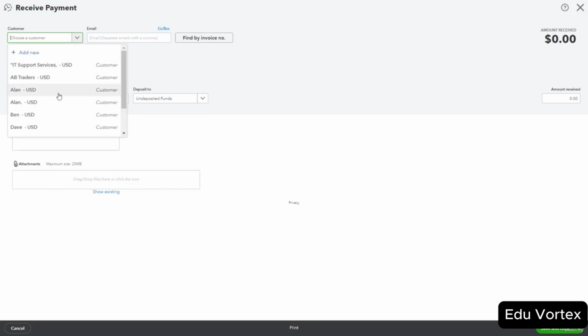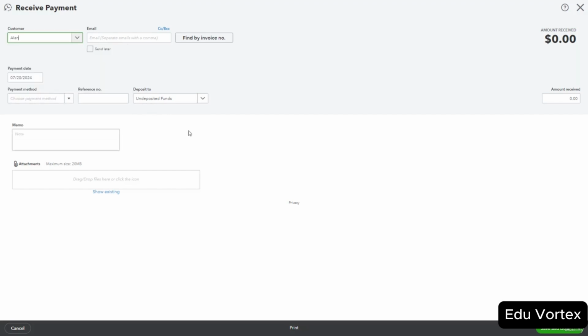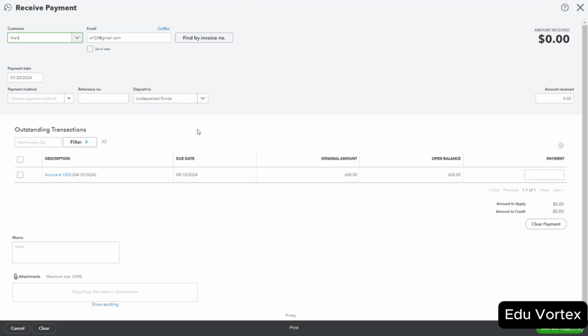Let's start with Alan, a client still waiting for payment on an outstanding invoice. If we go into QuickBooks and search for Alan, the program will display all outstanding bills for that client. Currently, there's just a single open invoice. Choose the payment method. For instance, they send a check to cover the payment, and for record keeping, note down